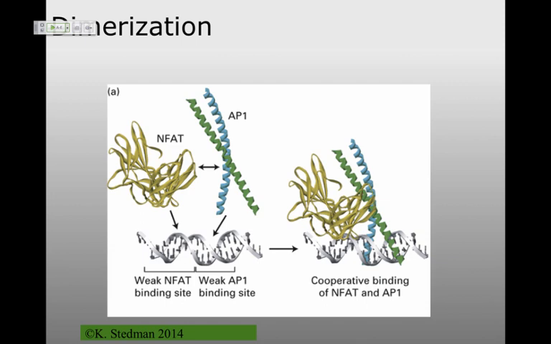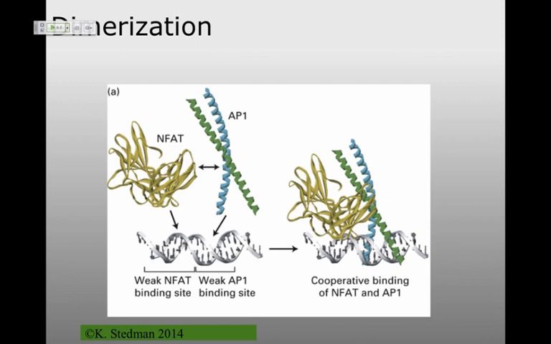Each of these individual DNA binding proteins, AP1 or NFAT, can't bind to DNA very well by itself. So NFAT can't bind this, AP1 can't bind this, unless the 2 of them are together. And if the 2 of them are together, then you have really strong DNA binding. And it's because when they interact with each other, particularly this piece right here, that helps both of them to bind to the DNA.